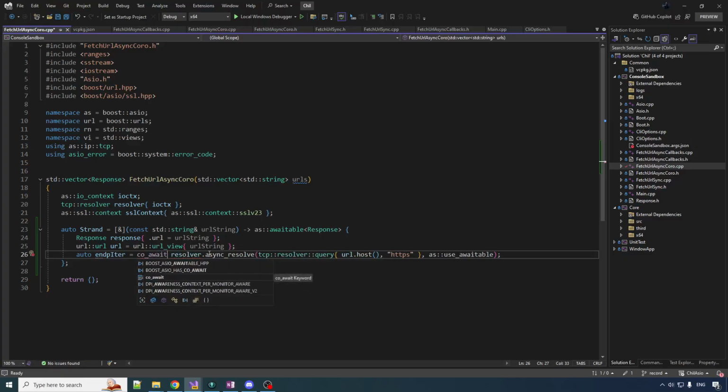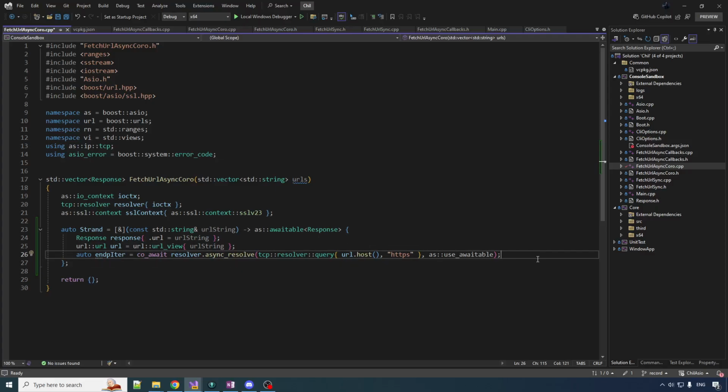This is a keyword that's been in here for a while. You've likely never seen it or used it, but this is what you do when you're calling a function that is awaitable. You await that function, and now this strand is effectively going to go to sleep and only wake up when this resolve and this async resolve operation is done, and then you will get out the iterator and resume. And I'm going to talk a little bit more about how that works after we're finished here, but let's